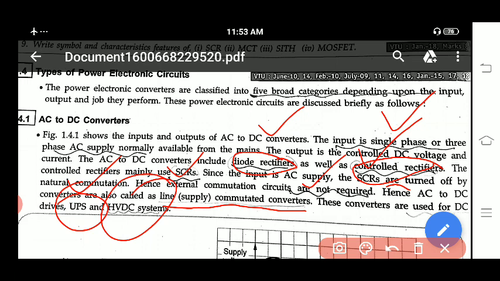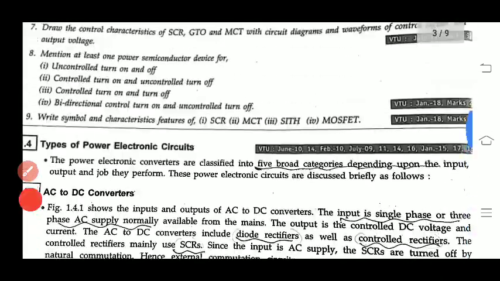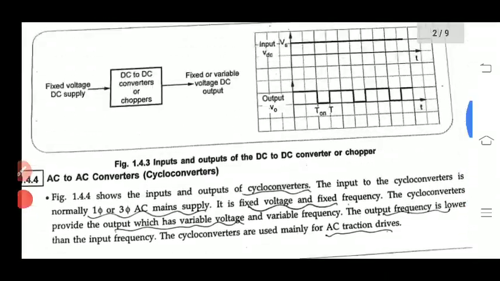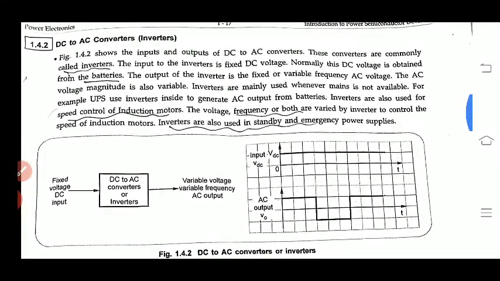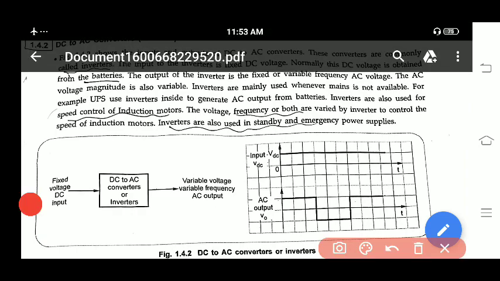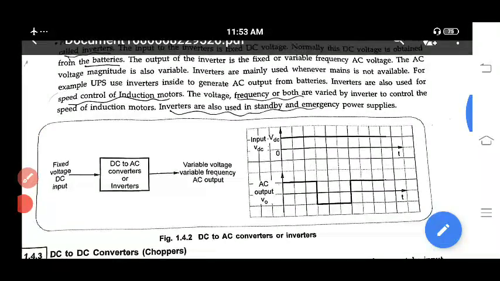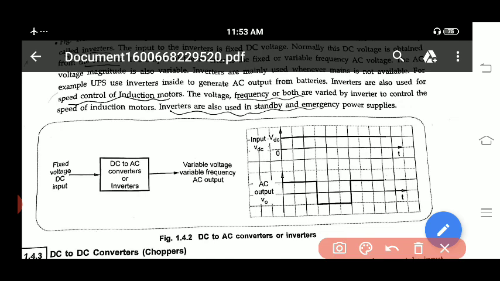So next we will go with the next concept here. Next we have the DC to AC converter. In which application will you use this DC to AC converter? If you consider an inverter, in our home applications, whenever there is no power at all, this inverter supplies power to your home. This is like an emergency power supply.